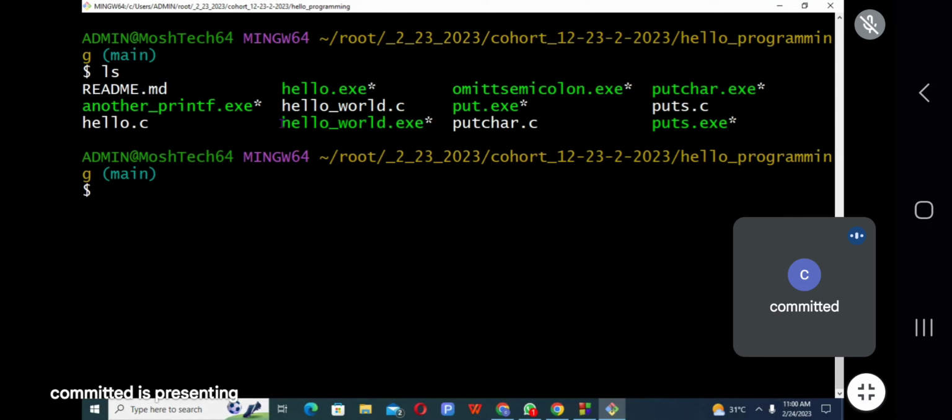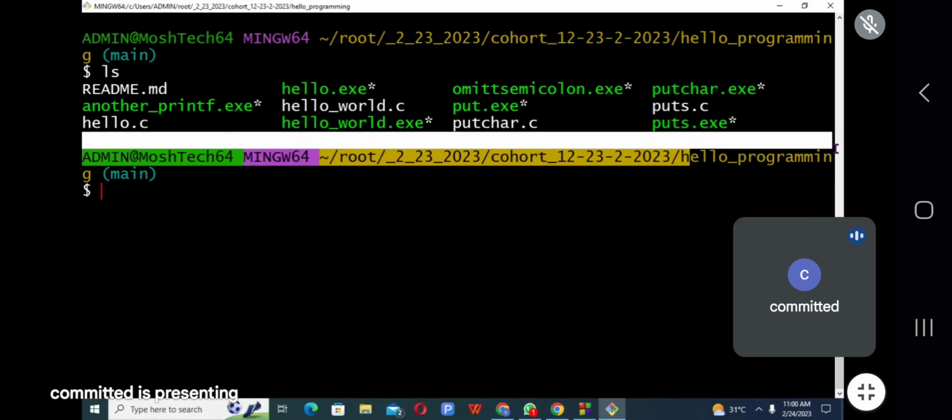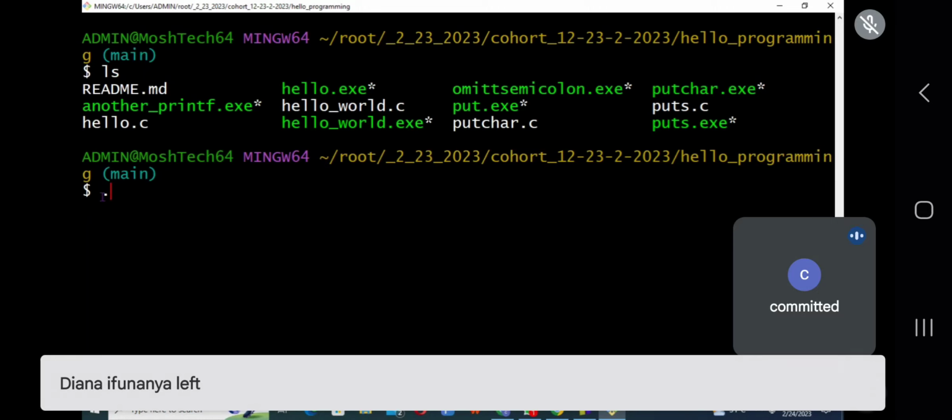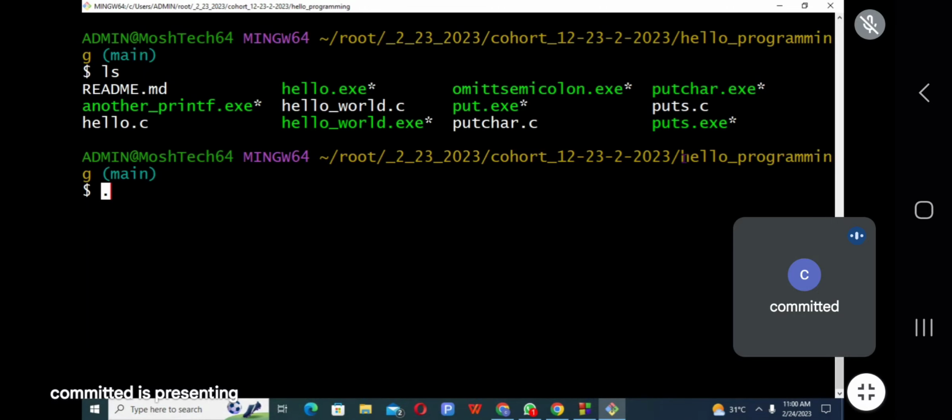Now let us call this executable file. This executable file is inside this directory. So that is why we are going to type dot. This dot means the current directory. And we put slash. We know the work of slash is to separate a directory, to tell us that whatever we want to call is inside this current directory.